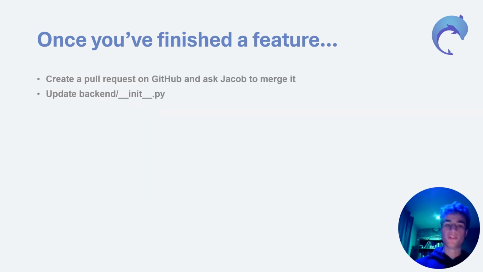And then once you finish the feature, there are a few steps you need to do. You create a pull request on GitHub, and then you can ask me to merge it, and I'll look at it, approve it, and then merge it. And then you also need to update the